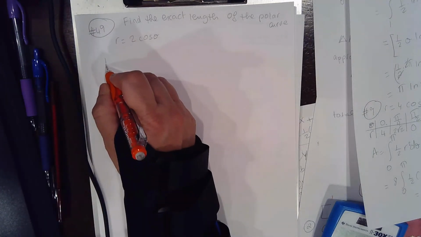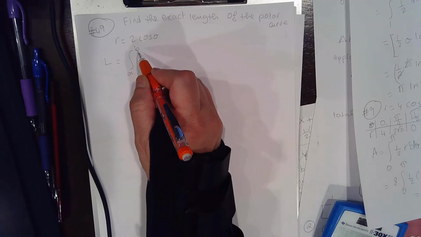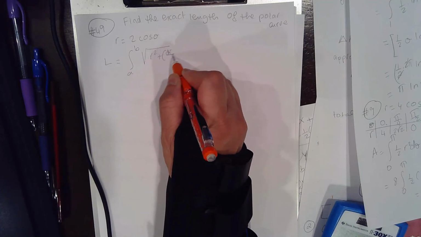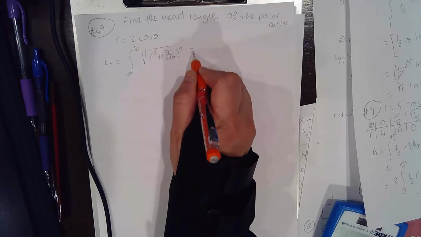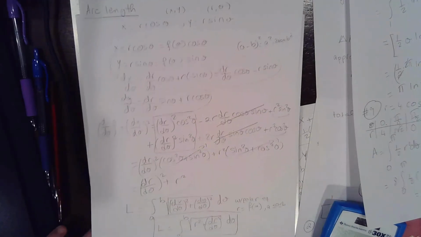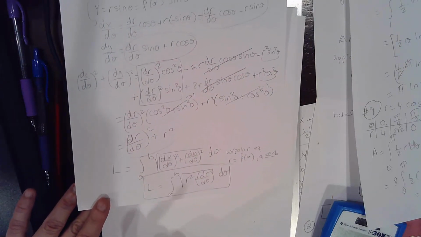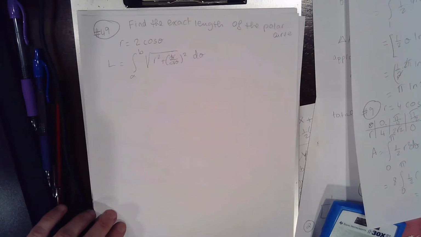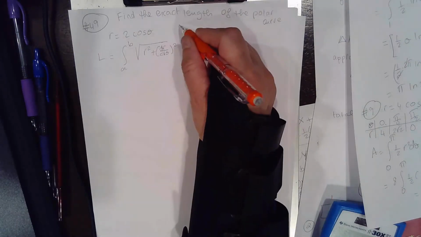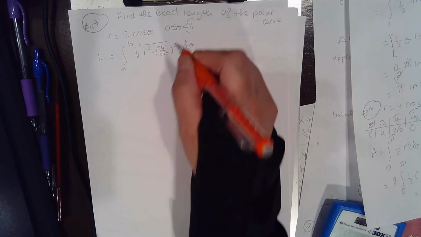So we have L, which we just saw, is the integral from a to b of the square root of r² plus (dr/dθ)² dθ. By the way, I forgot to write it down: θ is between 0 and π. That's the question here. So that is the integral from 0 to π of the square root of r²,